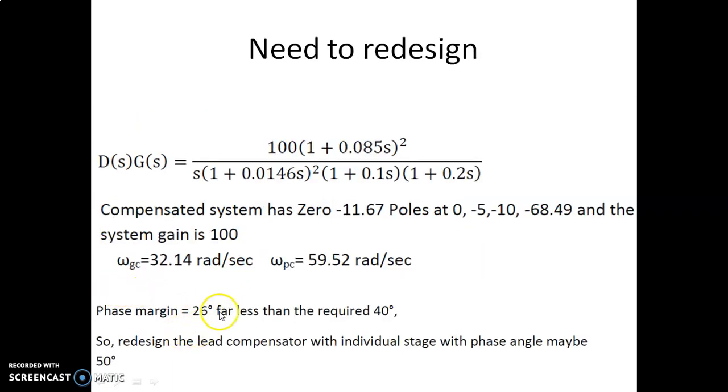So since we are not getting the desired phase margin, we may have to redesign by choosing a slightly greater phase for each of the stages. Instead of taking it as 40 degrees, we can take it as 50 degrees and then redesign the entire process, so that we may get slightly more than this phase margin, which is now 26 degrees. So let us go to the 20sim simulator and try to verify whether we are getting a phase margin of minus 41 degrees for the uncompensated system, and after compensation whether it is plus 26 degrees or not.